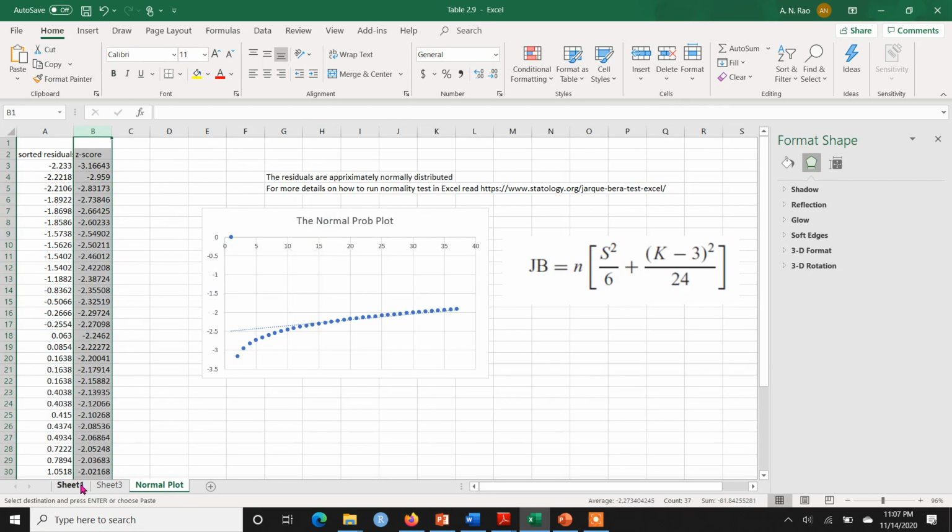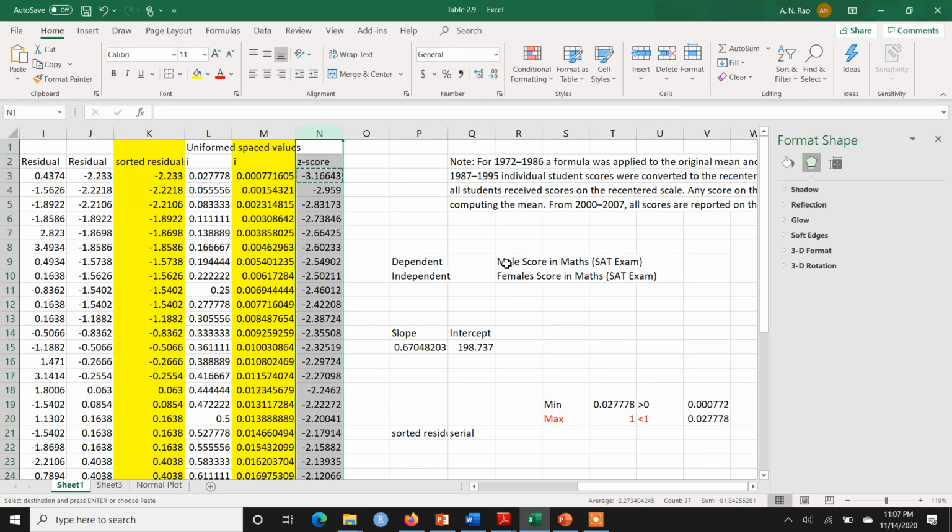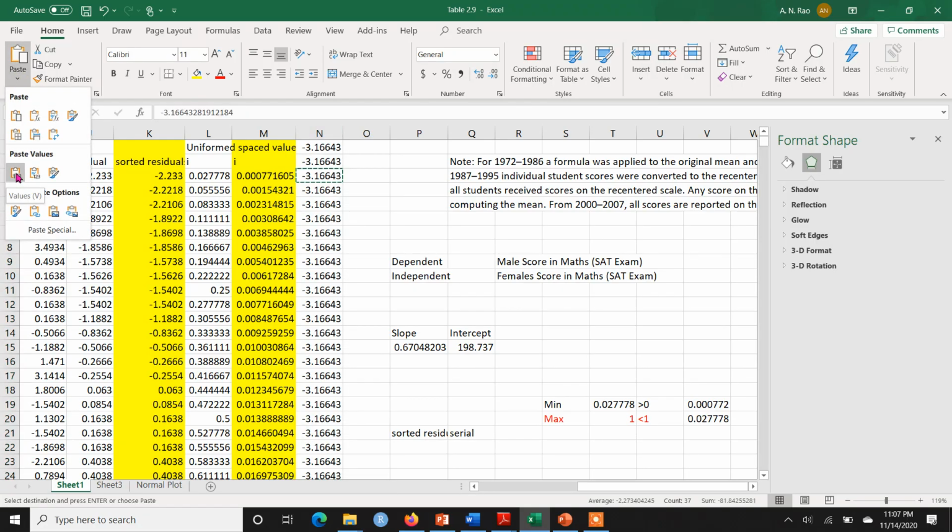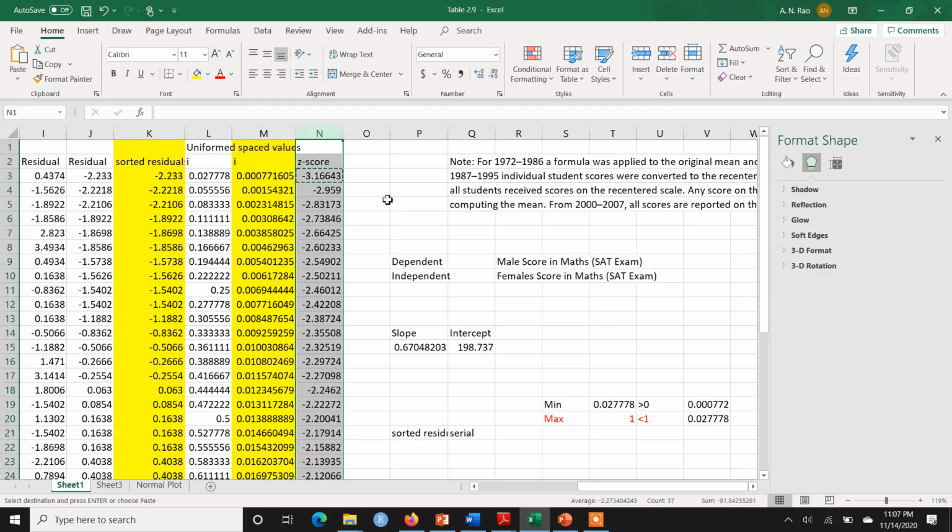And remember that whenever you copy things from one sheet to the other, you use the option of paste as values. Otherwise there will be some issues, because we have been using some formulas here. So always use the paste as values option.